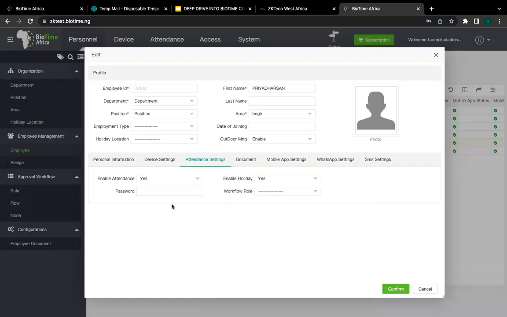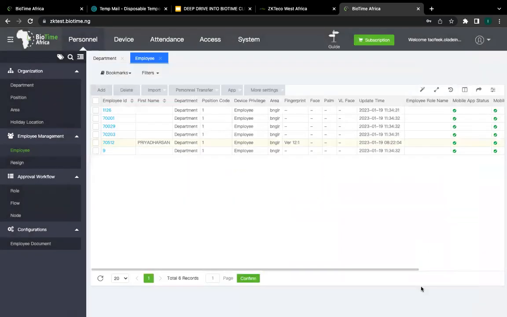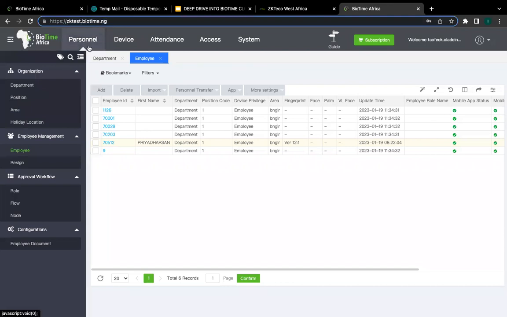When you do all this and you confirm, you can give the employee the credentials, the details. They can now go to their phone on BioTime Cloud and log in. If you've downloaded BioTime Cloud, you are going to see the email, which is the email of the employee, the passcode, and the company. In the company field, all you have to do is put your company name. Don't put the URL or anything, just the company name. If my company name is ZK Test, I'm only going to put ZK Test, then you accept,